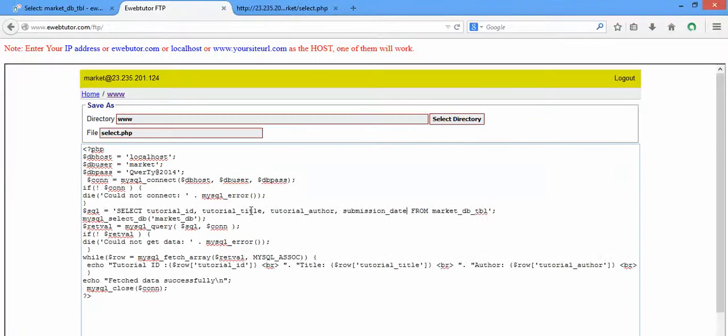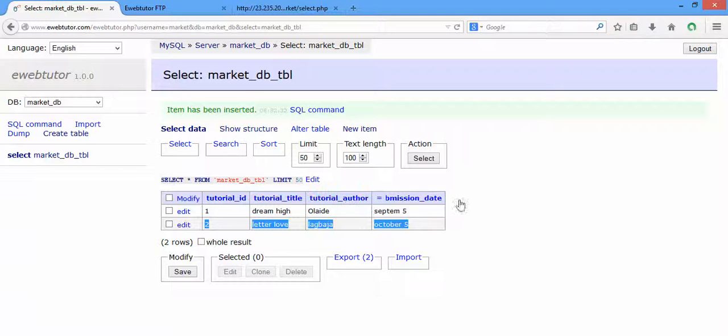But let's say we now have 1,000 fields and want to select all the data there. Will you be separating them by comma? It's a waste of time. Because you have 1,000 fields. Before you finish comma, this, comma, that, time will have gone. So instead of saying all these things, if I want to select all the fields in my table,